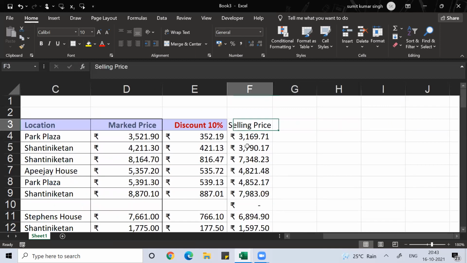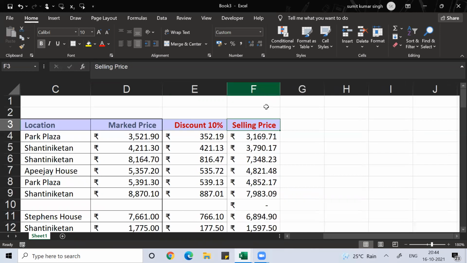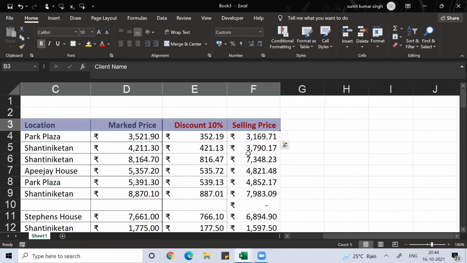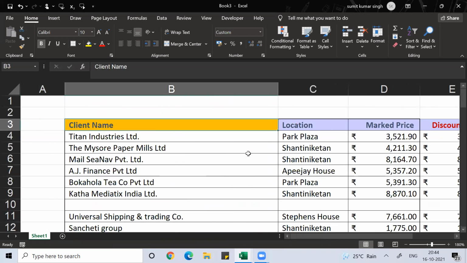The way this looks, I want the selling price formatted the same way. Click here, format painter, double click here. Clear? If you want to put a border, then Control Shift right arrow. You want to select everything for the border.